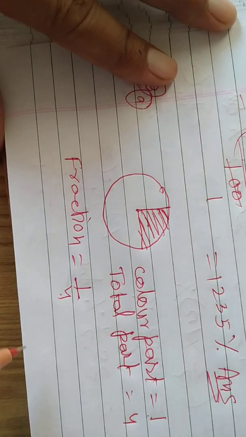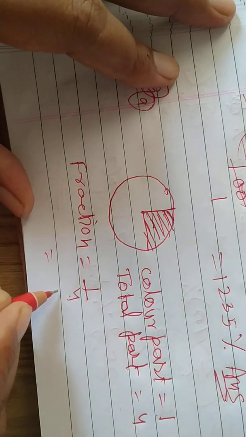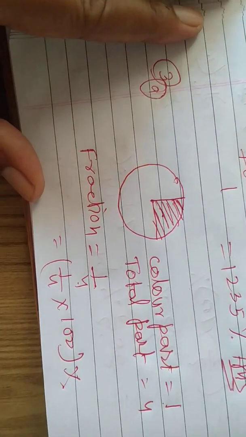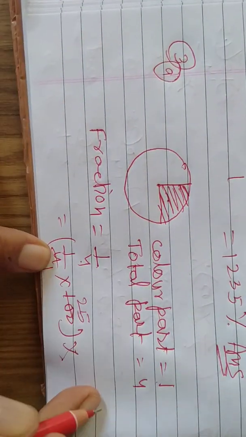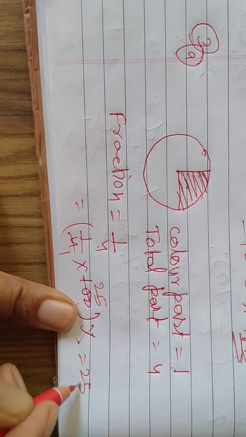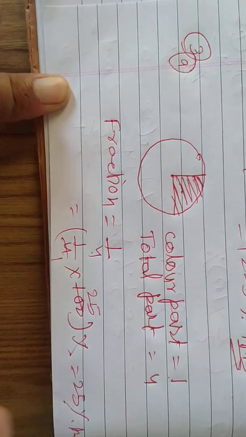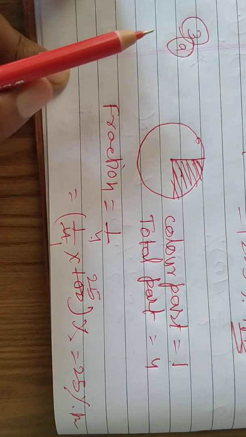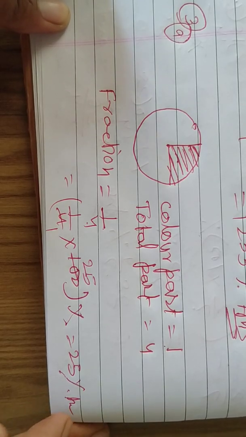After that we have to convert it into percentage. So how can you convert into percentage? By multiplying by 100. 1 by 4 into 100. Multiply it by 100 and convert into percentage. 4 1 ja 4, 4 2 ja 8 and 4 5 ja 20. What is left here? 25%. So there are two answers. First answer is 1 by 4 and second answer is 25%. So question number 3, A is completed. So this way you have to do it. Is it clear, students?